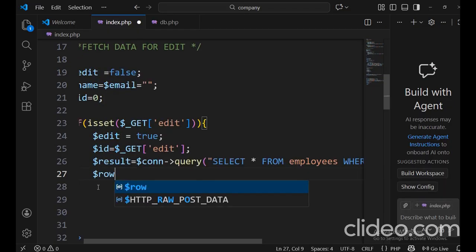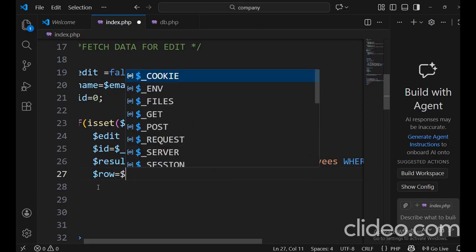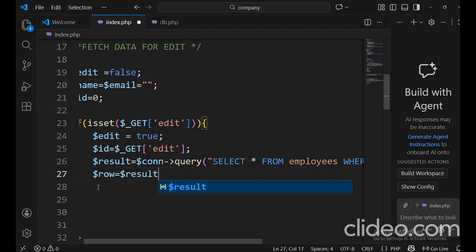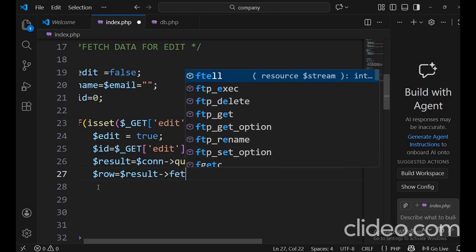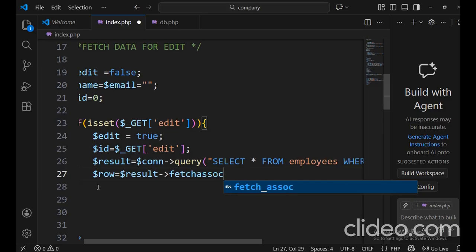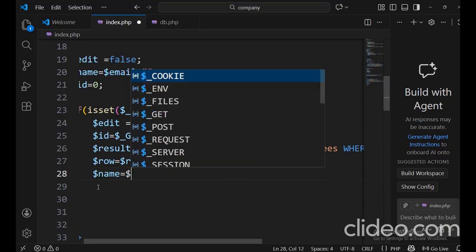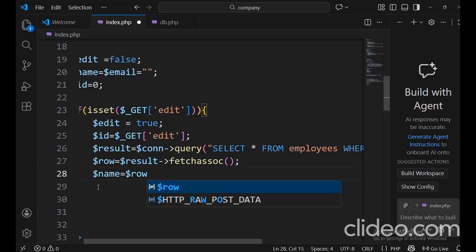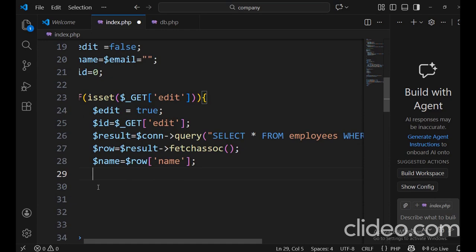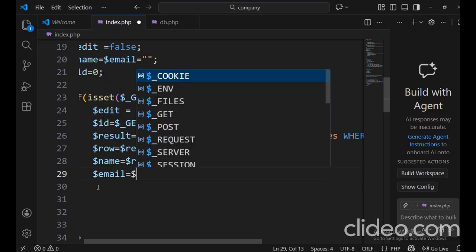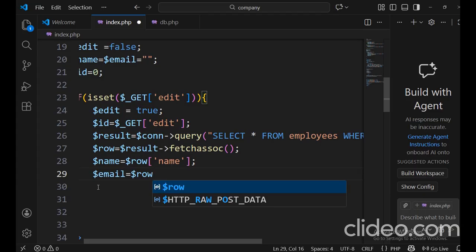Now $row is equal to $result fetch data. Okay, now the same $name is equal to $row name. Same $email is equal to $row email. Okay,